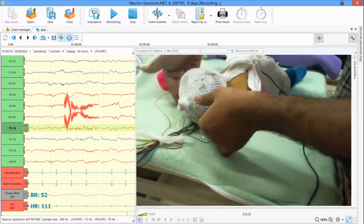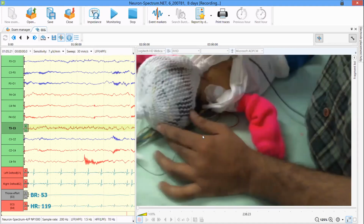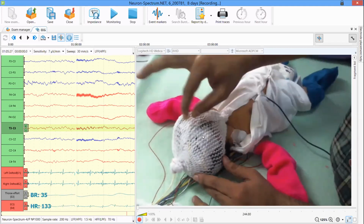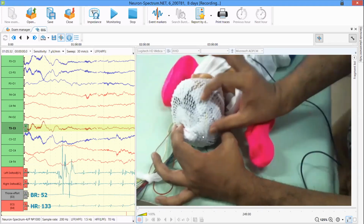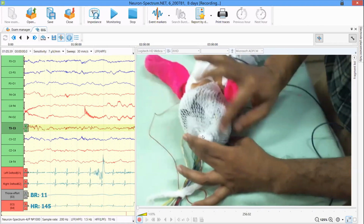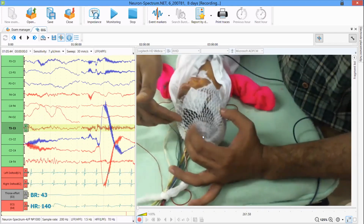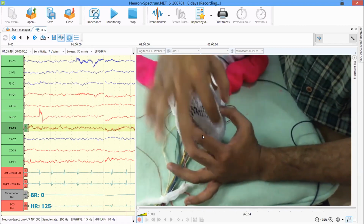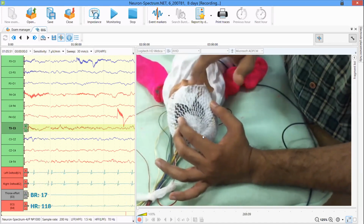Now when we come to the front, we have an additional electrode which we have to keep, that is the F4. Here also we need to know the adjacent electrodes to identify the exact position of this F4. The main thing is that F4 and C4 should have an equal distance, as well as C4 and P4, and it should be in line. And this F4 should be symmetrical, on the other side there will be F3. So the main important things are to make sure that it is symmetrical, equidistant, and going in line. For all the sagittal electrodes, we should make sure it is going in line with the ground,